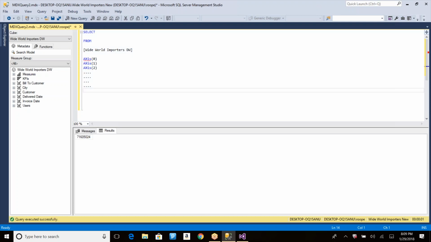Okay, so when you say axis here, axis of 0, we also call it columns. So whatever you want to show on columns will be in axis of 0, and axis of 1 is your rows. Axis of 2 may be pages,